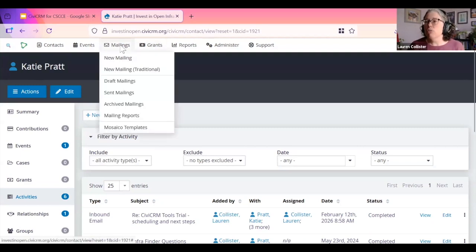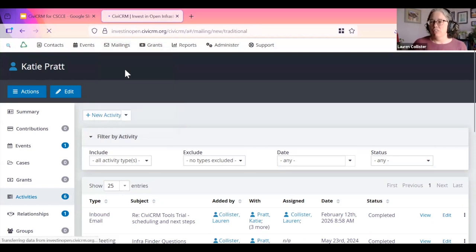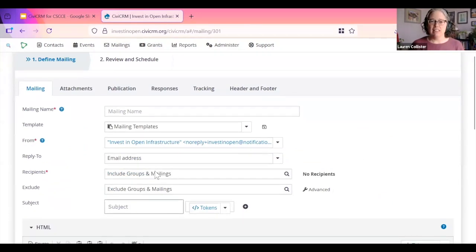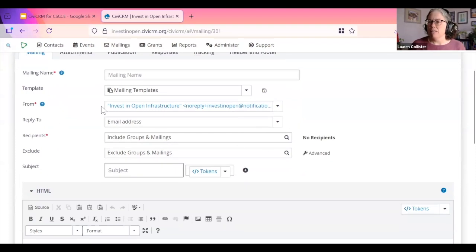So I can show you there are two types of mailings. There is new mailing and new mailing traditional. Let's look at traditional first. This is a little bit more like the kind of thing you would see in any sort of communication infrastructure here. You can set it to be from. I'm not going to click this down button here because then you'll see everybody's email address at my organization. But basically, you can have it be from you, from me, Lauren,